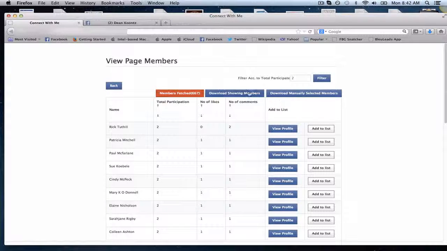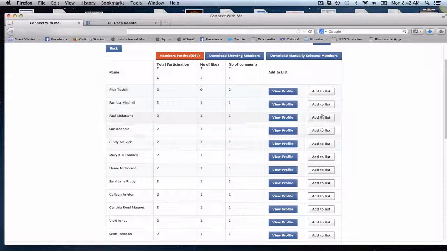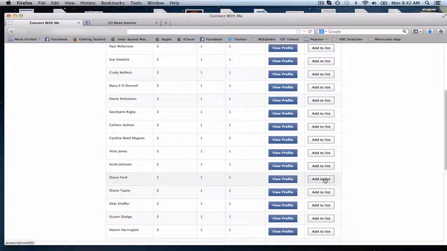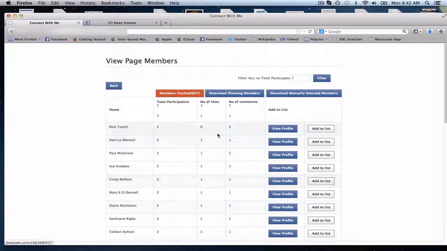You can download all the members that are showing. You can go to their profile, manually view them, and add them to an individual list. The sky is the limit. This lasers in on everything. It goes out and does huge date ranges, so you can do as big of an audience as you need. Everything's API compliant, and it does groups.